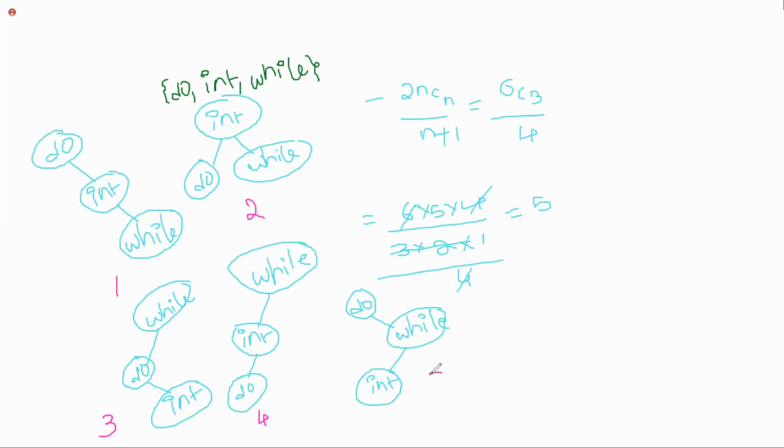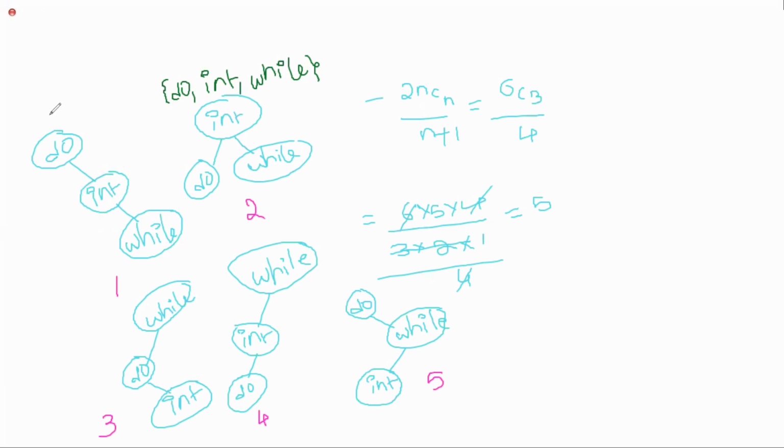I already told you that the number of possible trees is 2n C n divided by n plus 1. If you consider only 3 nodes, 5 trees are possible. The trees are 1, 2, 3, 4, 5. So in these trees, which one is the optimal one? We have to find out. We have only 3 nodes, so we can easily find that tree number 2 is the optimal binary search tree. But how can we get it using dynamic programming? What is dynamic programming? How can we solve the optimal binary search tree using dynamic programming? We'll discuss that concept in the next session.